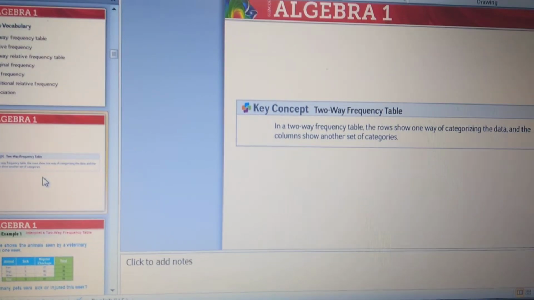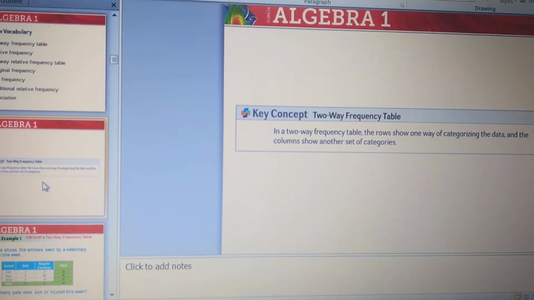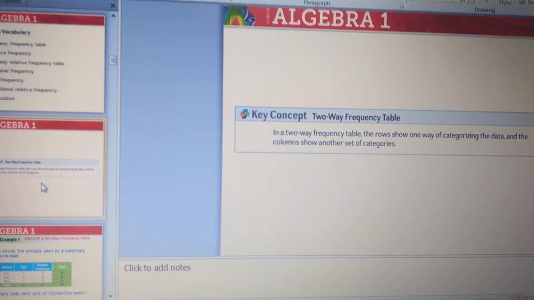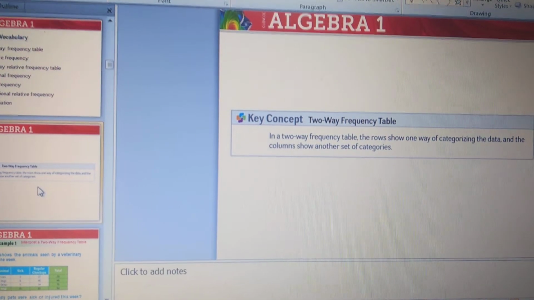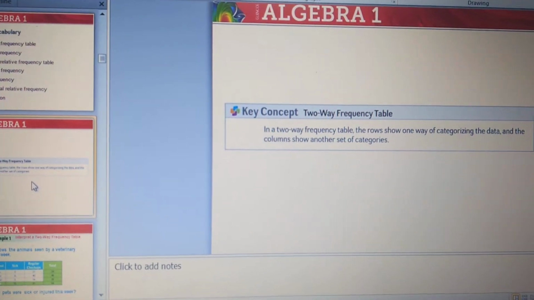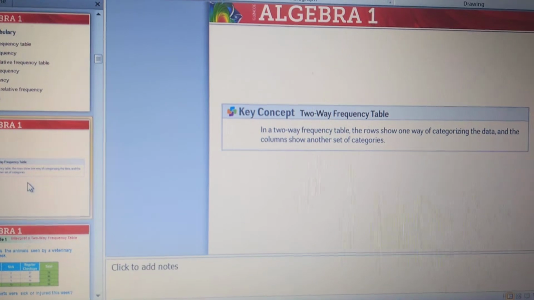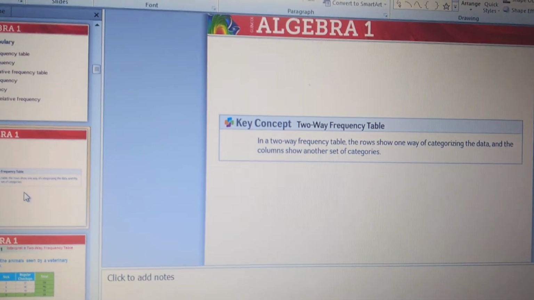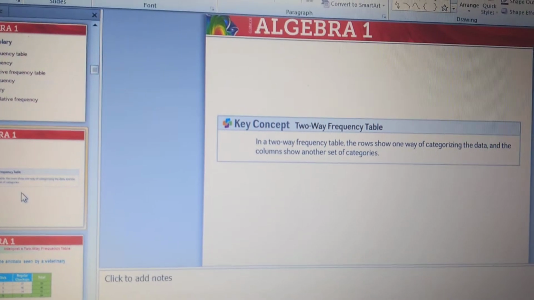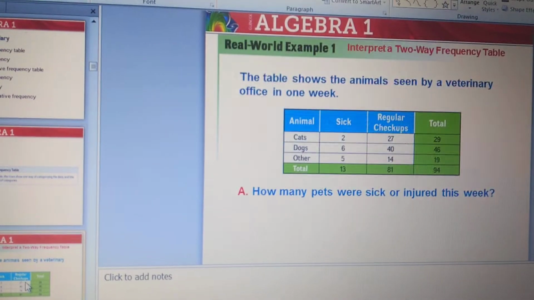In a two-way frequency table, the rows show one way of categorizing the data and the columns show another set of categories. This means you will have two kinds of data. This data, we are going to make them into two groups. Like here, for example,